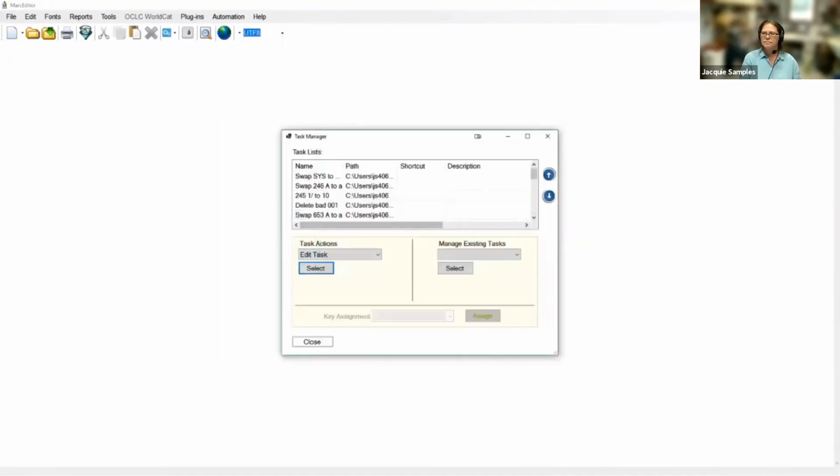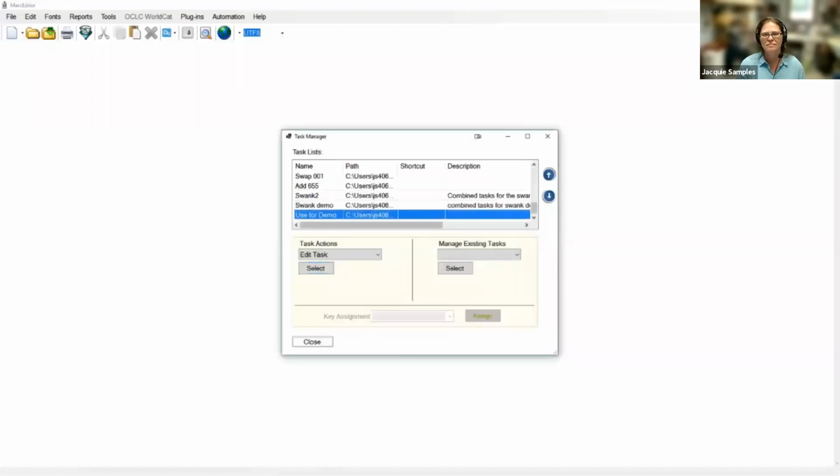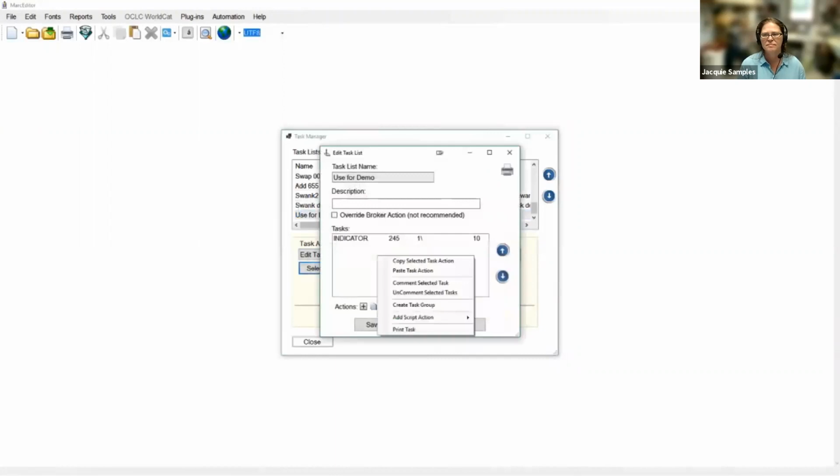And we do that over and over again until we have all of the elements compiled into the new group task that we want. We can make it quite large if we need to. So we have 2 in here now, and that's enough to show you how to do it.